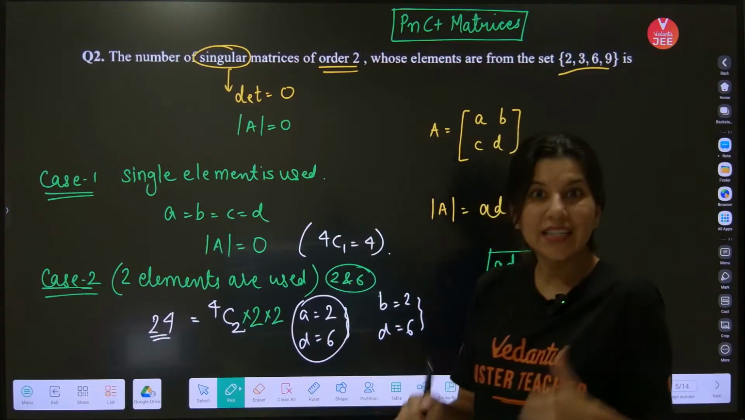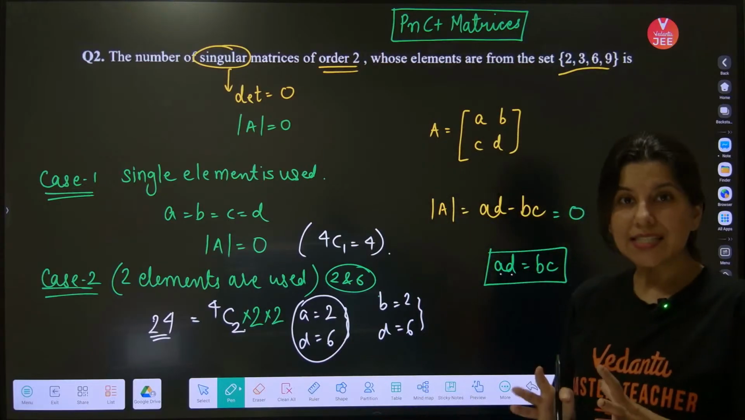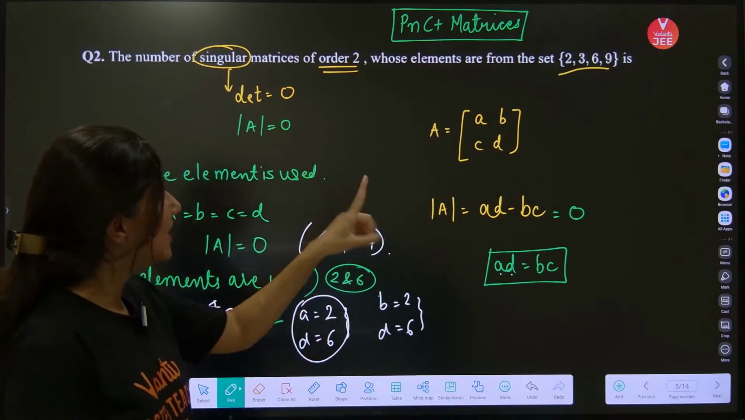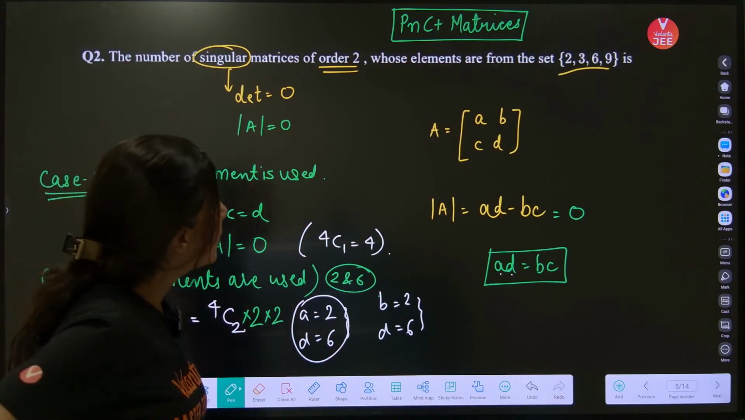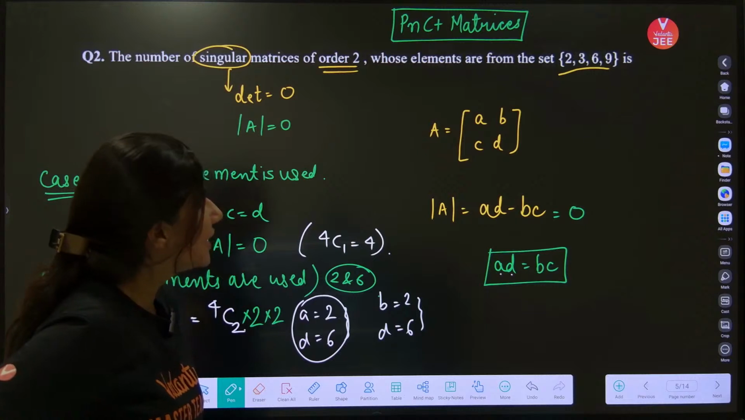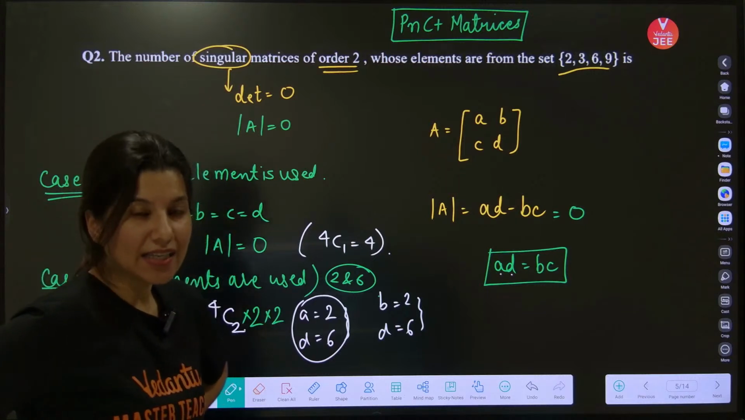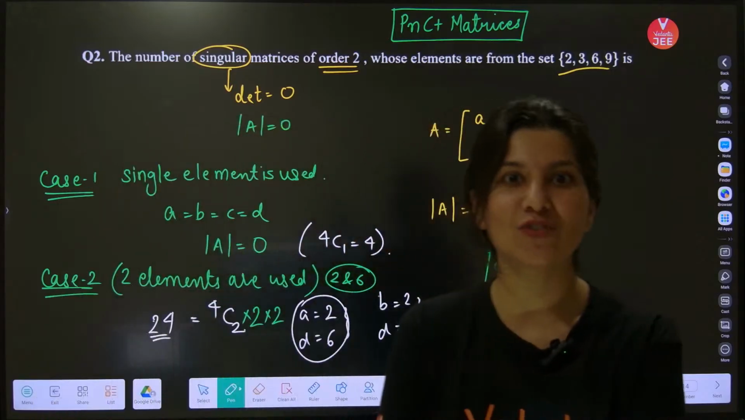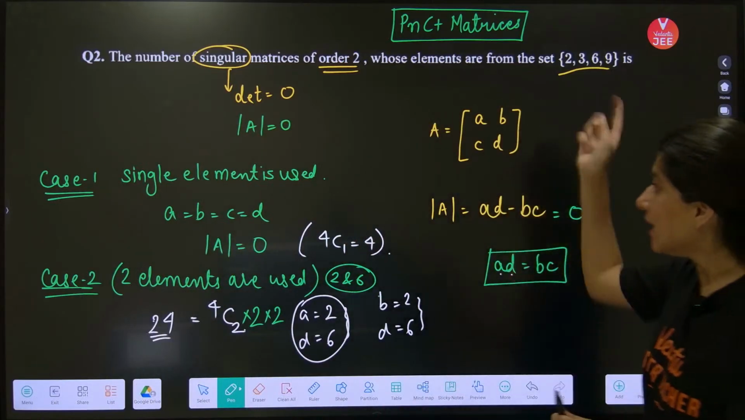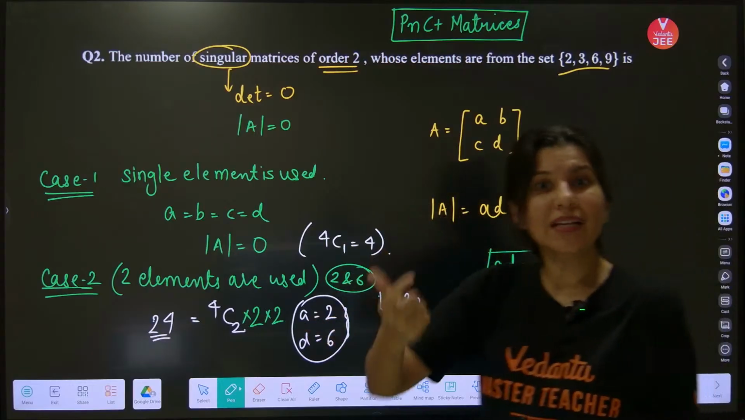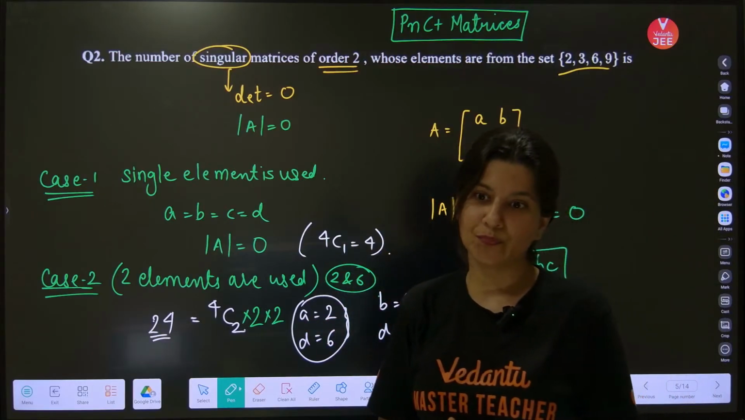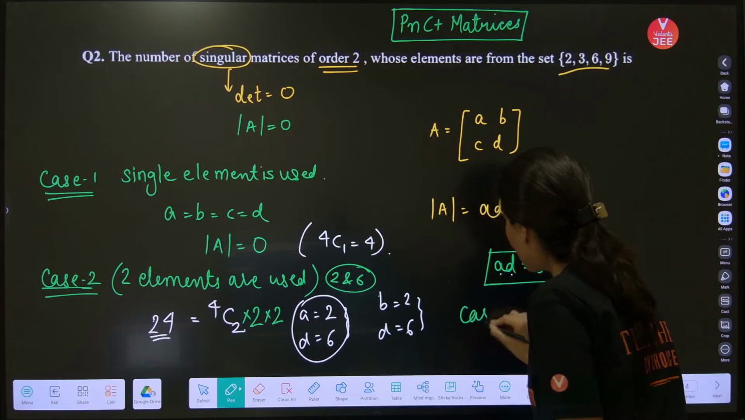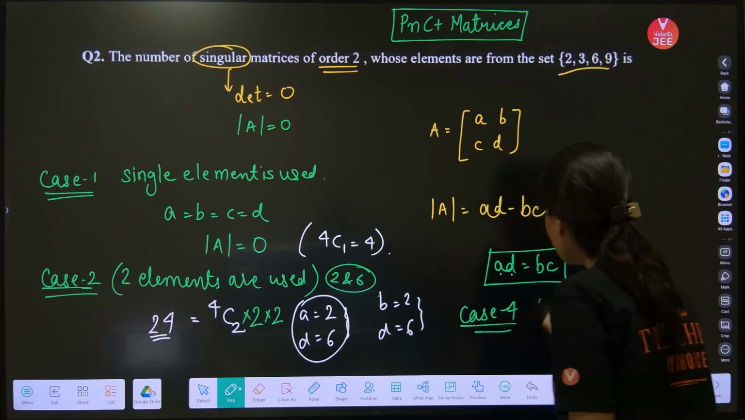Case 3 where 3 elements are there. Understand, if you pick 3 elements, suppose 2, 3, 6 or 2, 3, 9, then in that case you won't get any singular matrix. Case 3 is rejected. When 3 elements are used, your determinant value will never be 0. Are you getting my point? So directly case 4, when all 4 elements are used,